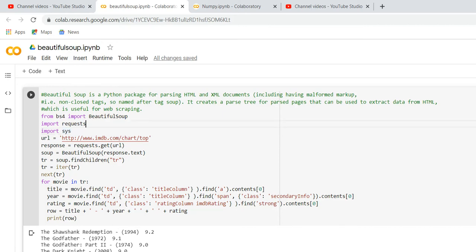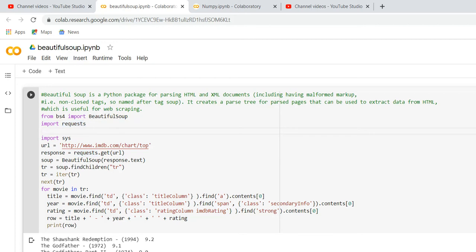Here I am using the first package, bs4, and the second one, requests. This requests library will help you get the requested data from the IMDb website, and once you get the data, you can extract it through Beautiful Soup. The request and response I'm getting through the import requests package or library.